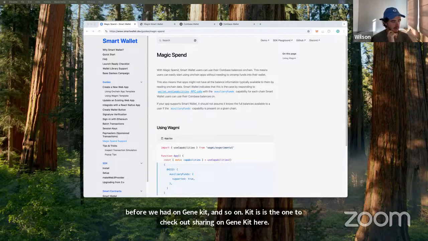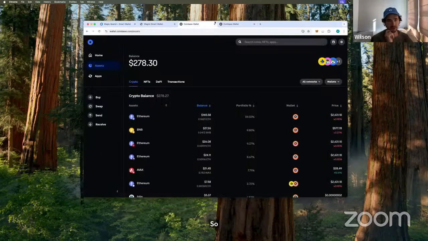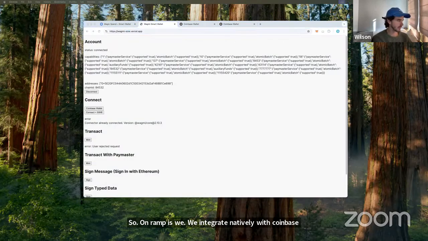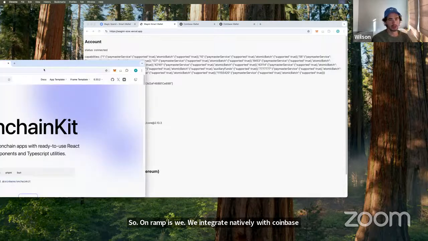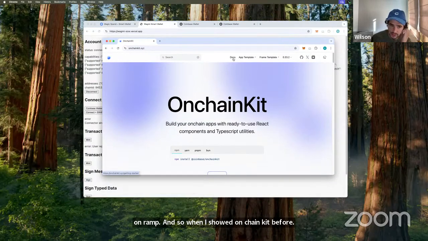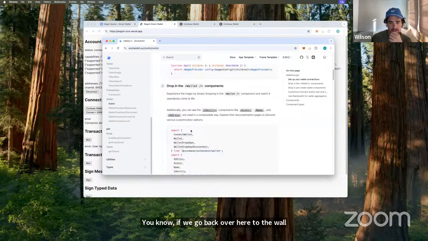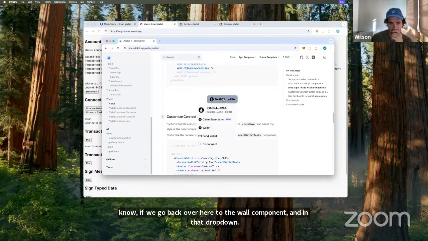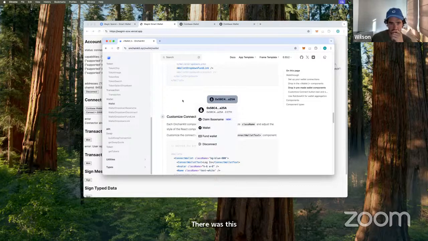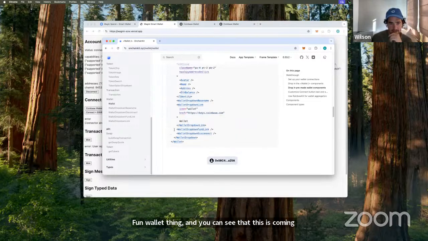So on-ramp is, we integrate natively with Coinbase on-ramp. And so when I showed OnchainKit before, if we go back over here to the wallet component, and in that dropdown, there was this fund wallet thing. And you can see that this is coming from this little component here, wallet dropdown fund link.